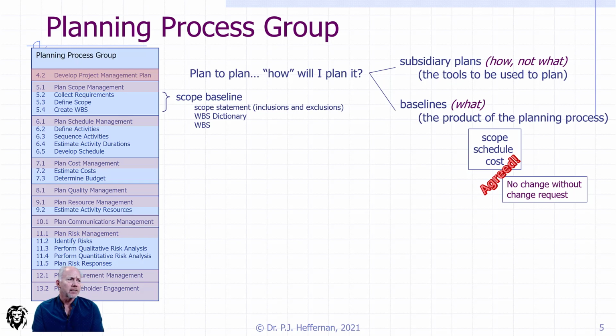And it is from this that we then start to grow the work breakdown structure. Now, the work breakdown structure dictionary is simply a lexicon of anything that is required to explain what is going into the work breakdown structure, which happens more often than not. But fundamentally, what makes up the scope baseline, other than the statement and the dictionary, is this work breakdown structure. And we'll talk at some length in this particular video about the work breakdown structure, what it is, and how to arrive at it.